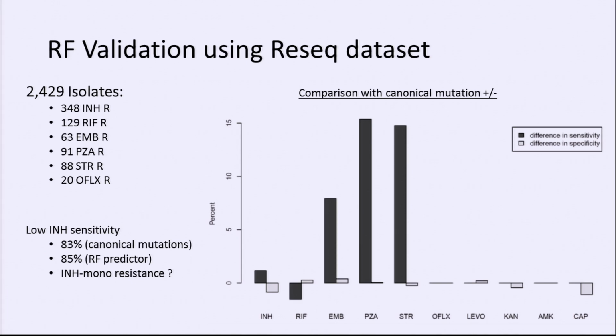I haven't retrained the prediction model yet, but you can see here that overall the sensitivity and specificity is pretty comparable across the board, except for ethambutol, pyrazinamide, and streptomycin, where the random forest method does have a significant advantage. The sensitivity is about 10 to 15% higher compared to using a list of canonical variants that we obtained from, again,